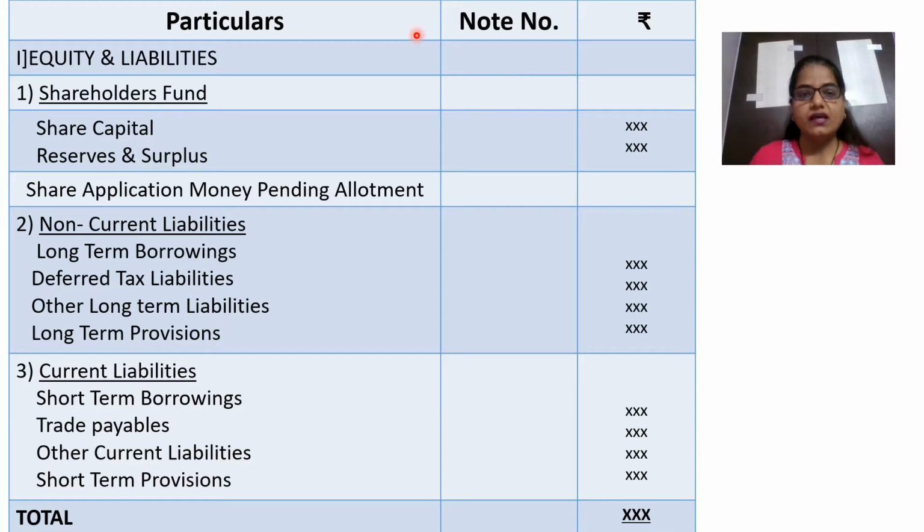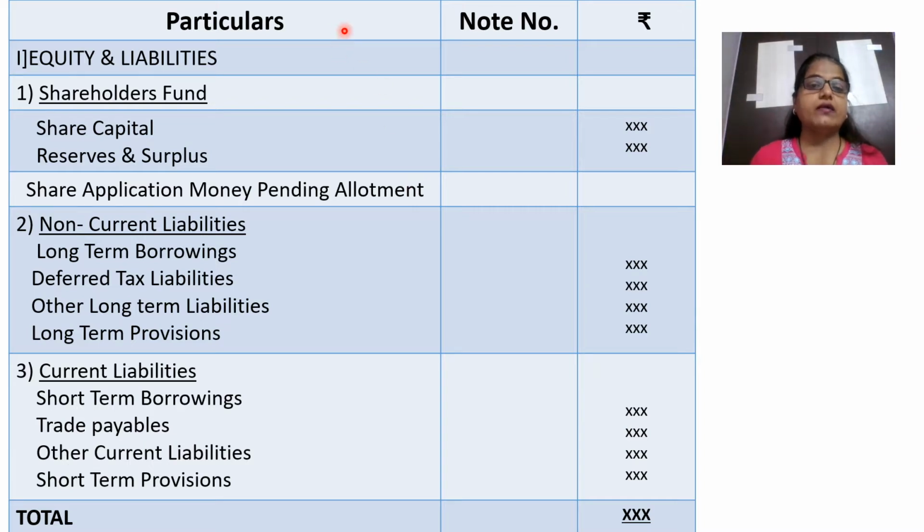If you could see, I have only started with the liability part. Then also I have not been able to finish, the last total column has come. So I have not given the heading. Heading is simple. What is the heading? Balance sheet of, suppose we are preparing the balance sheet of A company, balance sheet of A Limited as at dash, whatever is the date, that is the year end. That is our regular heading.